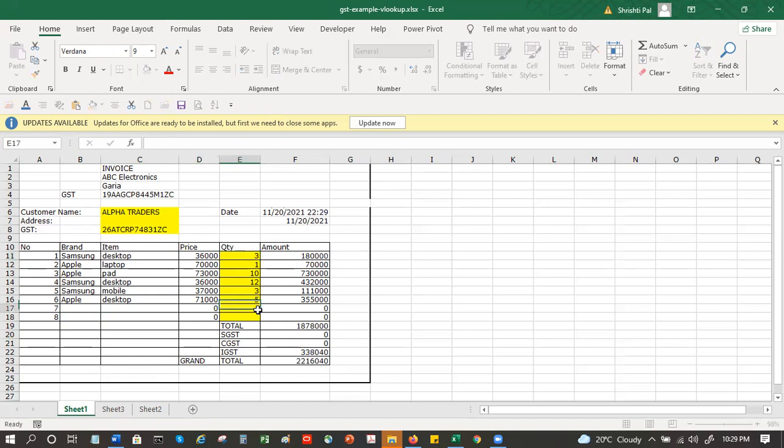Let's say 3, my data gets automatically calculated, subtotal gets calculated, GST gets calculated, grand total gets calculated. And see, I opened it today, so automatically the date changed to 20th November. So it synchronizes by itself.